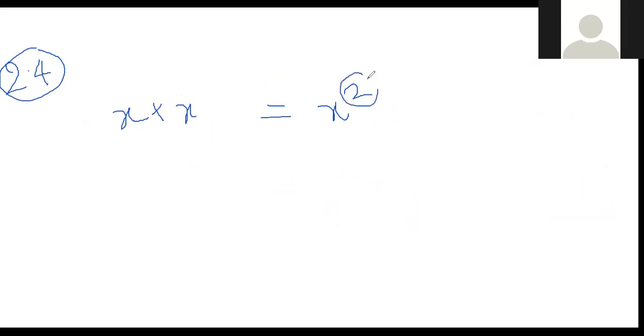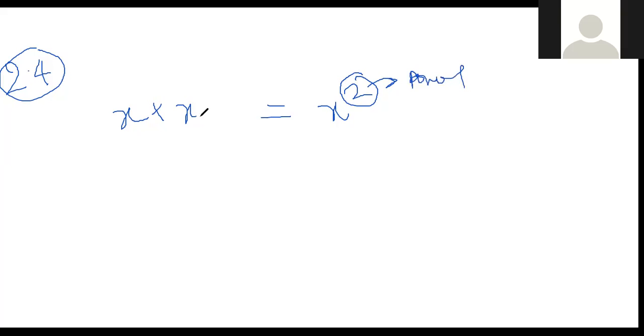Now, power index. 2.4, the power index, is important. For example, just now I said 2x into 2x. Then can I write x power 2? You have to write the base, which is x. Here, how many x are there? Two x are there. This is the power. You have to write it as the power. The power is equal to how much?